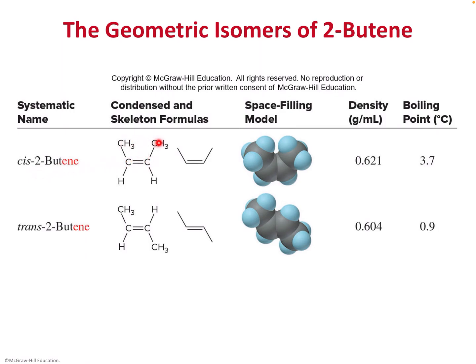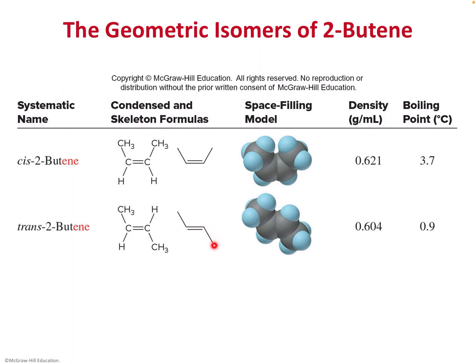So methyl groups are here and the hydrogens are here. If you draw it in the skeleton formula, it would look like this. And then you can also put this methyl group on this side where the hydrogen is, and put this hydrogen into the methyl position like this. So that gives you this formula, right? This is the condensed formula, and then this is the